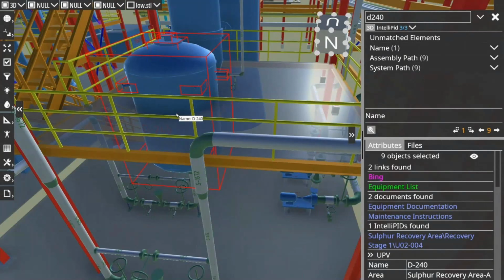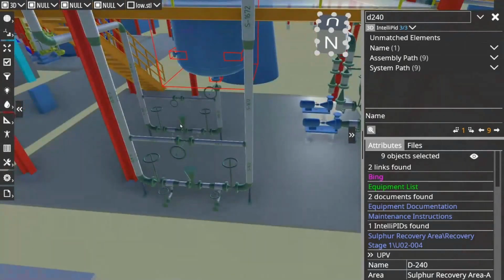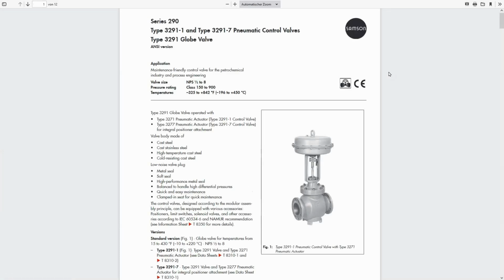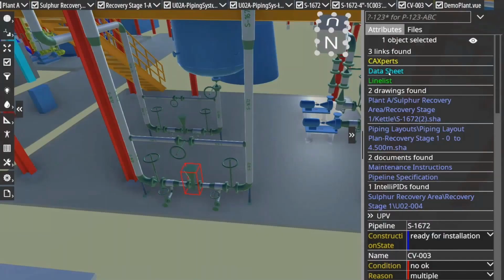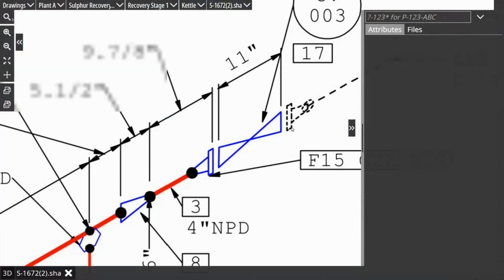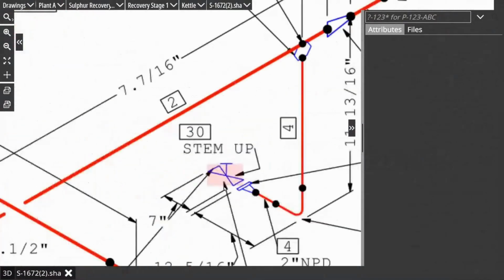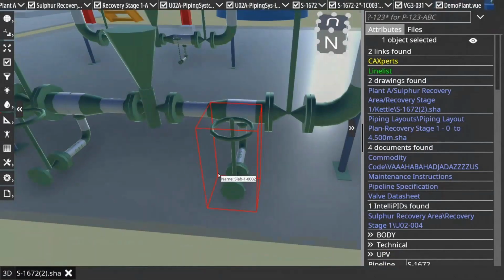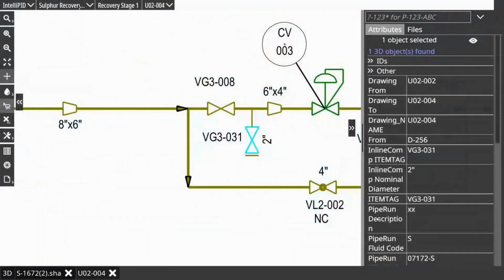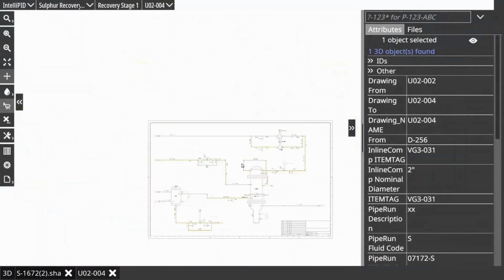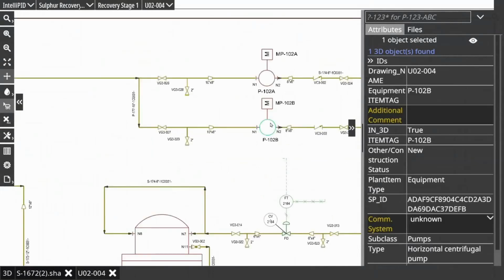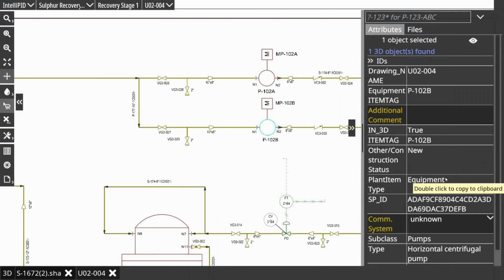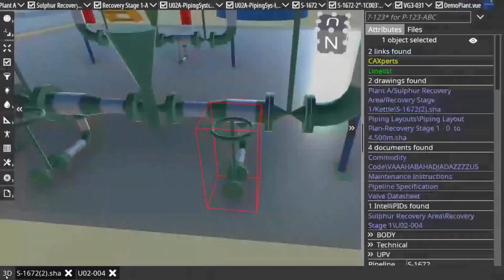Okay, so what else do we have? We have for sure the technical documents in here. So if I click on that valve, I can just open the data sheet for that valve, for example. Or I can go to the isometric drawing. And from the isometric drawing, I have a one-to-one relation to the elements in the 3D space. So I can easily jump back. For sure, I can also go to the IntelliPID, and fully have a look at the PNID with all the attribute information you need to have inside the model. Okay, if we go back to the 3D space,